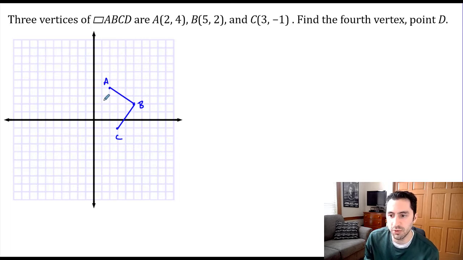Now, in a couple ways I know that it's going to be over in this general area. The first is the order of the vertices in the naming of my parallelogram is important. So A, B, C, D, this tells me the consecutive order of these vertices. So as I make my way around the parallelogram, they have to go in the order A to B to